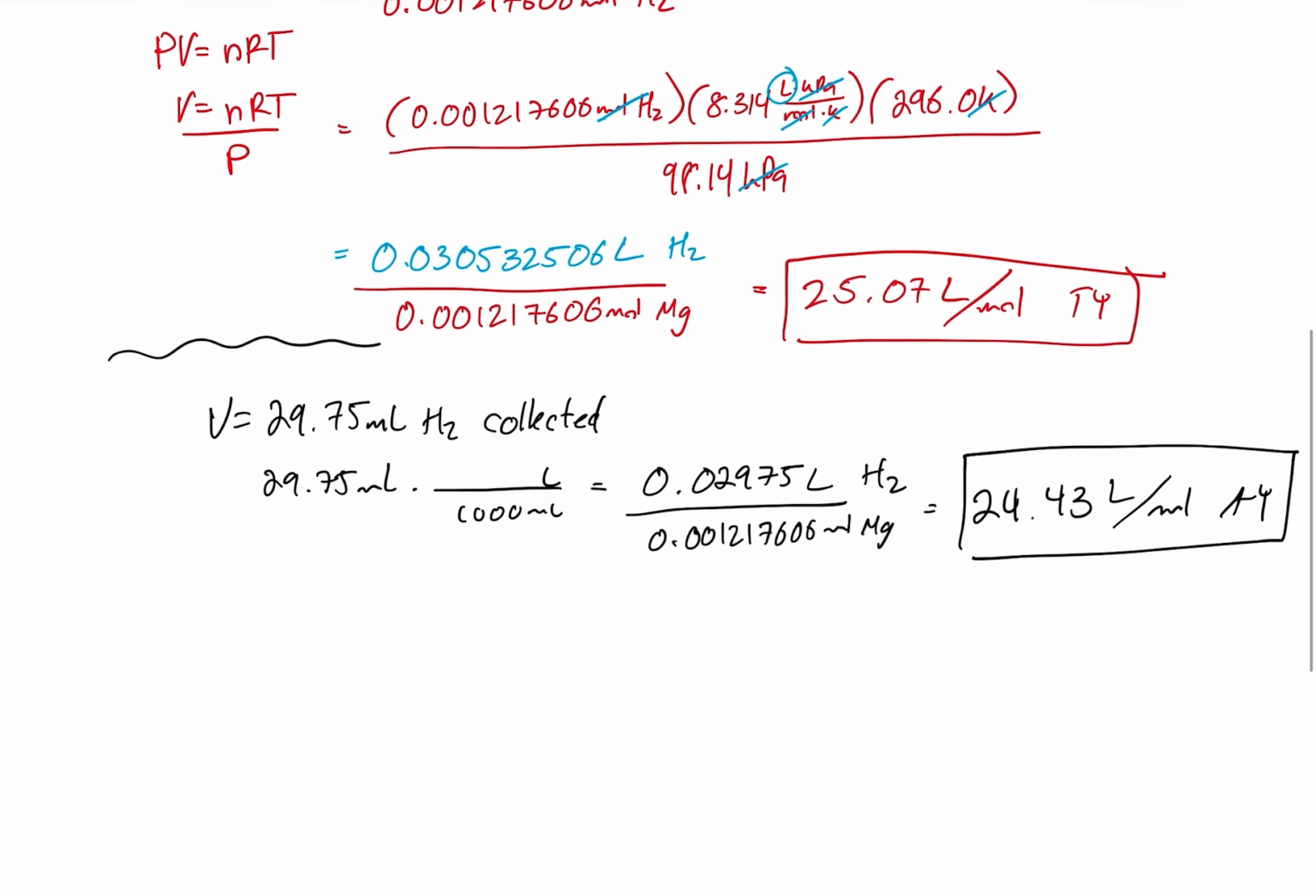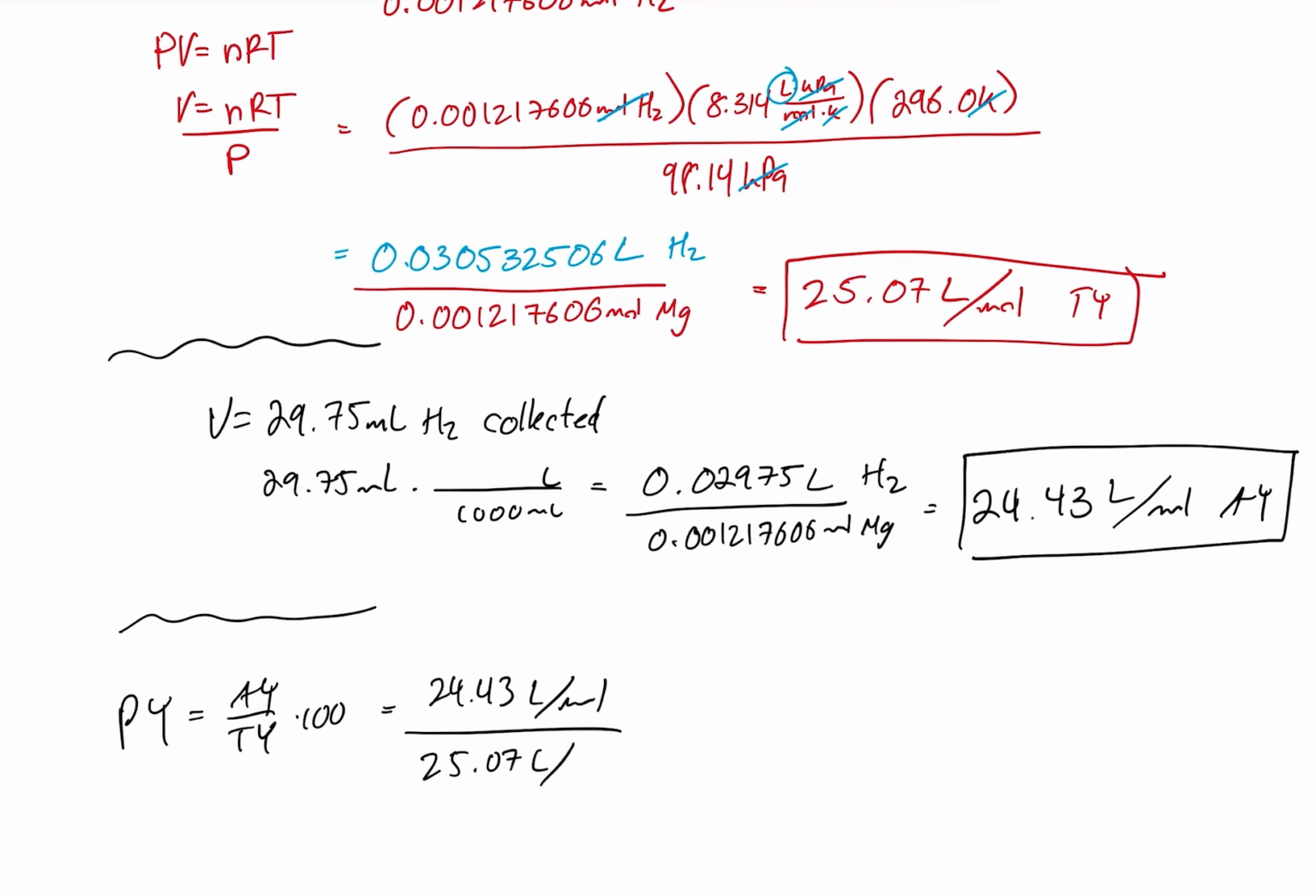Now, perfect. So we have our actual yield, we have our theoretical yield. What we want to do next is calculate our percentage yield. So PY is equal to AY over TY times 100. And that means that our actual yield is 24.43 liters per mole, and our theoretical yield is 25.07 liters per mole. These liters per mole will cancel out, and we're going to multiply by 100. And if we do that, we will get